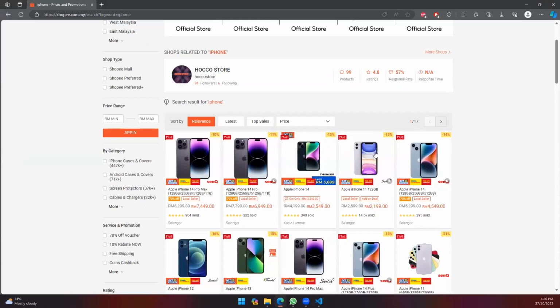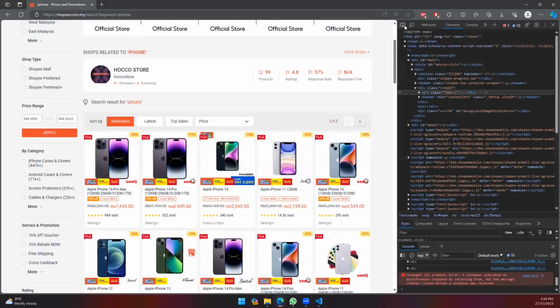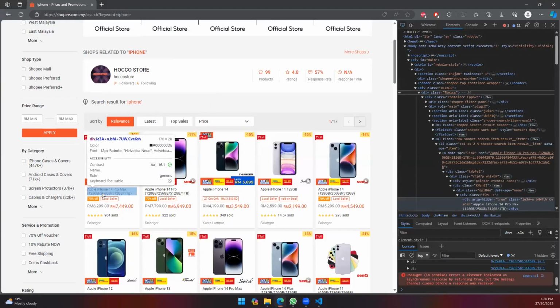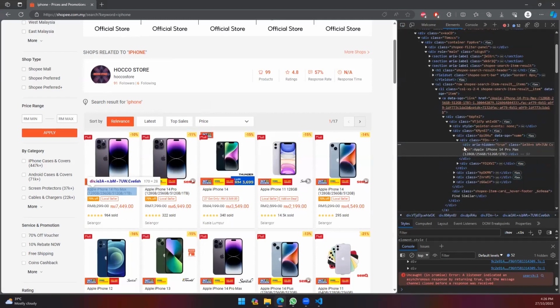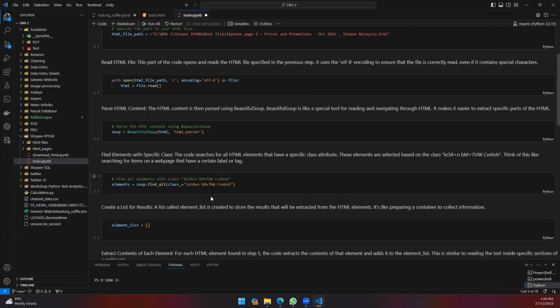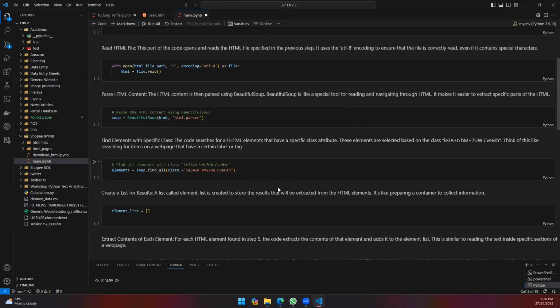Okay. So again, this inspect element tool. You see these HTML tags. So we will use this to further search in the HTML to locate all the information contained within the text. Okay. All right. So once we do that,